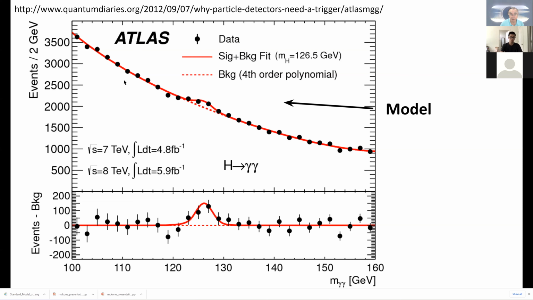And this is the world's simplest analysis by the scale of deep learning and things like that. This is taking this data, which are these black dots, and fitting the data to a smooth curve. That's this thing here with the dashed line, which is just a polynomial in this mass, and then a background, which is this bump here. So the bump has a certain form, which is well understood, and so you fit the bump plus the background, and then from these, you find from the bump here that the mass of the Higgs is just over 126 GeV,